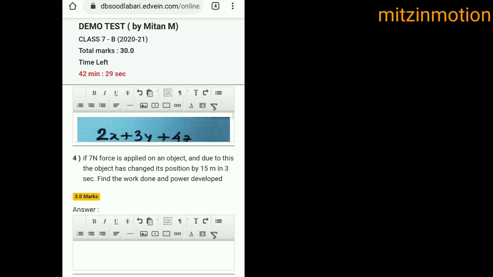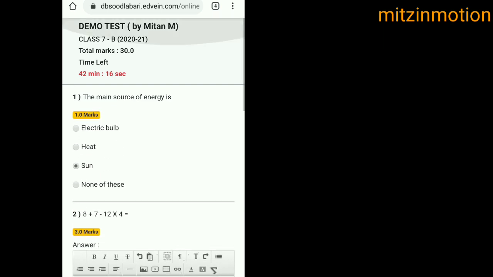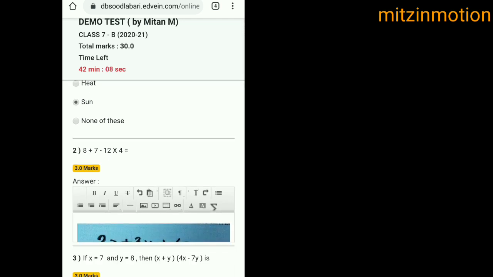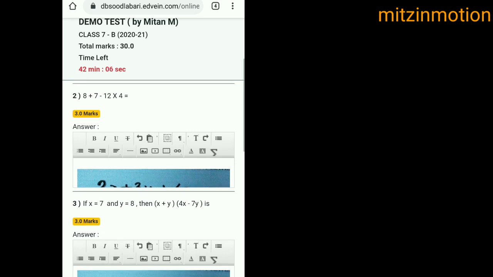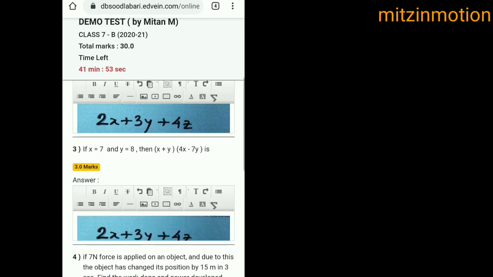Yeah, the answer is uploaded. Okay, so you can see the whole answer is uploaded. Okay, fine. Now, in a multiple choice question, you do not have to upload any photo, you just have to click the correct answer. But for the questions which are not multiple choice, instead of writing, you can use this technique to upload the photo of the solution where you have solved the sum.